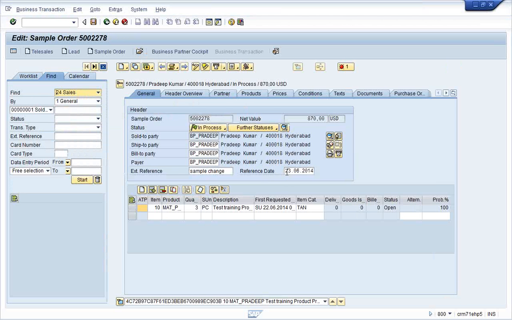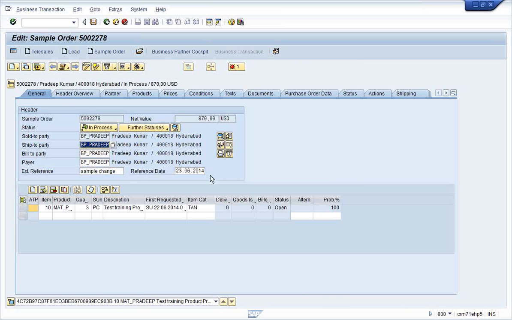Now it is changed to 23 and a text has come, sample change. So with the execution of the program I was able to change the document information. This way you can change data belonging not only to one object, but to all different objects.